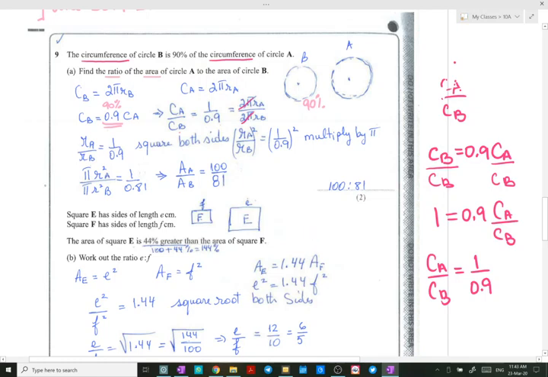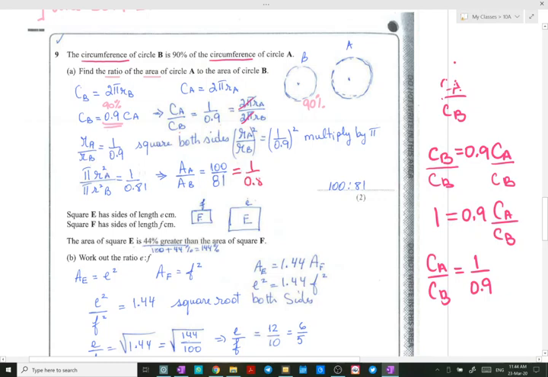So squaring, we will get r squared of A over r squared of B equals 1 over 0.81, because when you square 0.9 it's going to be 0.81. Now multiply the numerator and the denominator by pi. You will get pi r squared of A, which is the area of A, over pi r squared of B, which is the area of B, equals 1